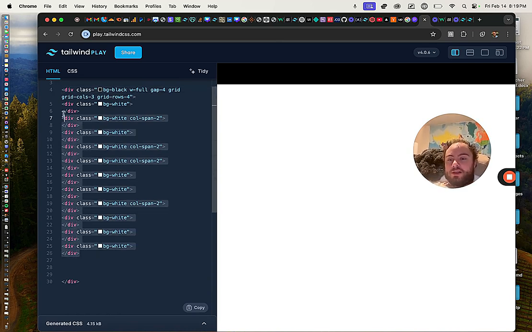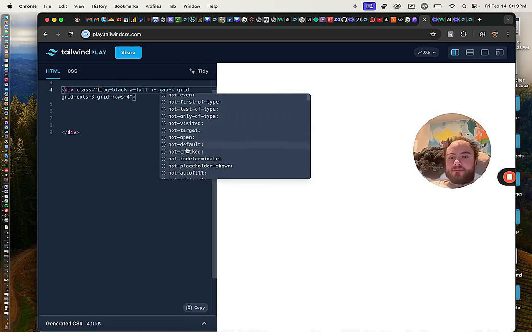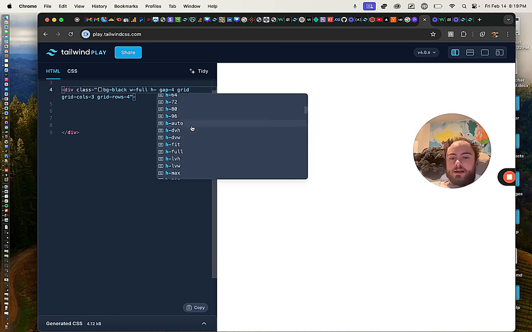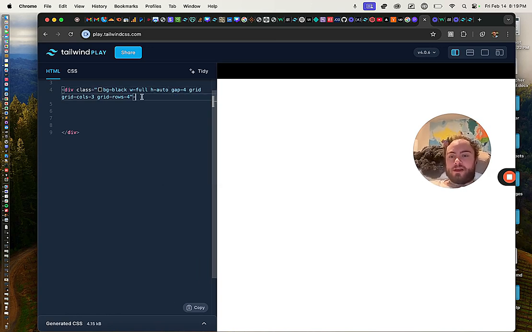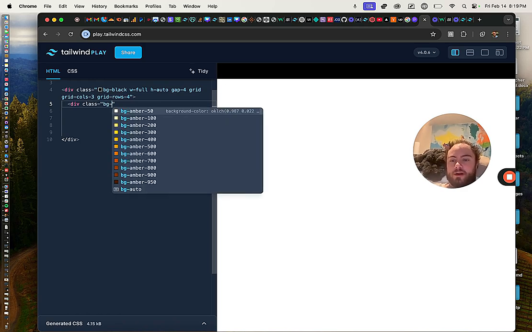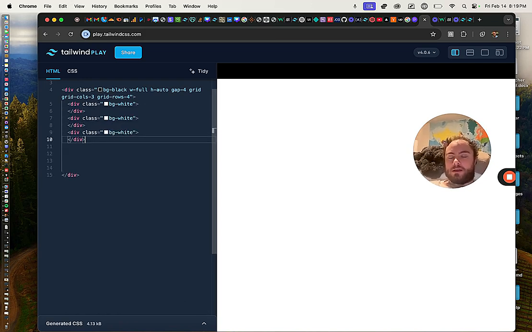Let's just start over, and we'll check it. We'll do it something different here. We'll make it height. Height of auto maybe, and div class equals background white. So it doesn't like that. If we make it height,